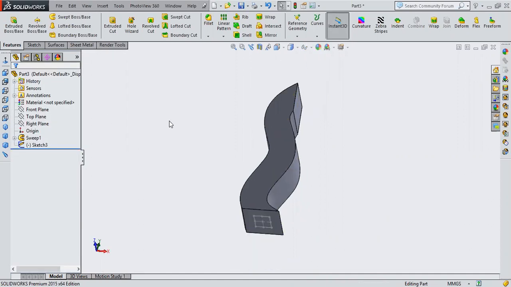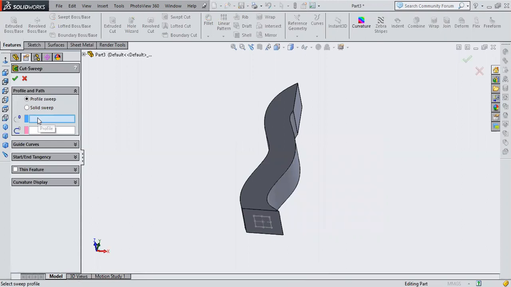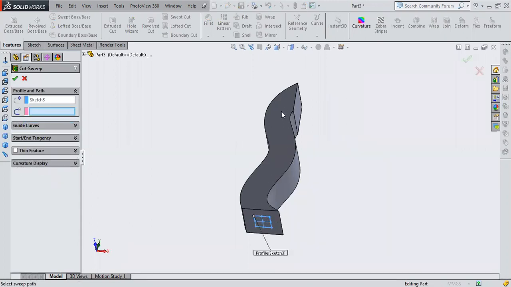So that's why I'll go with this swept cut here. Once I select this swept cut, you can notice I'll be having my profile here. Can I be able to see the path here, the path I have used earlier? Very good. If you notice here, this is called the part navigating tree. I'll explain each and everything in the next session. This is called the part navigating tree, which stores each and every data you have done since you switched on the software.